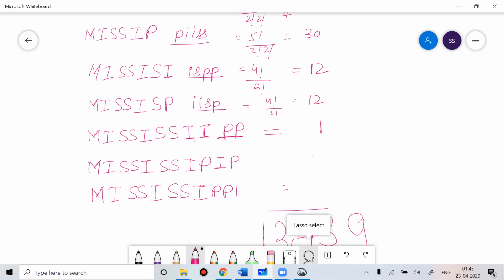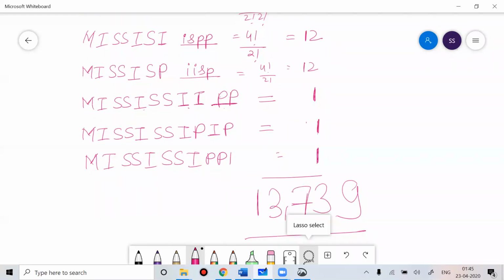So I that will be done one way. This would be one way. So I put one extra I. Just because I put one extra I, that extra I created all this problem. So this would be 13,737, because there are total 4 I's. So 1, 2, 3, 4. So after that, only 2 P's will be left.